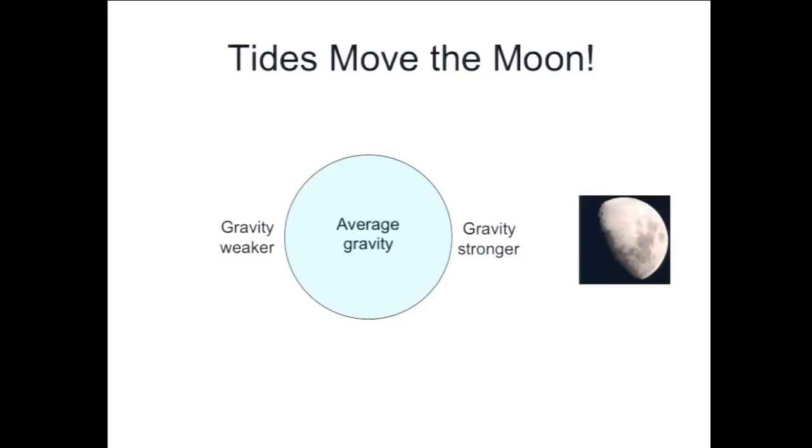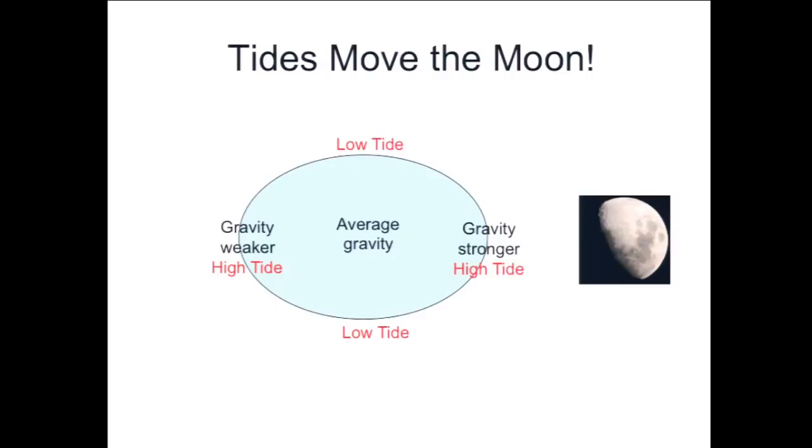And that's the fundamental origin of the tides. The way you should think about it is that the Earth gets distorted in shape from being spherical to having this elongated shape, what we call the tidal bulge, due to the gravity of the moon. This region over here is pulled towards the moon, and this region here, the opposite side of the Earth from the moon, is kind of left behind